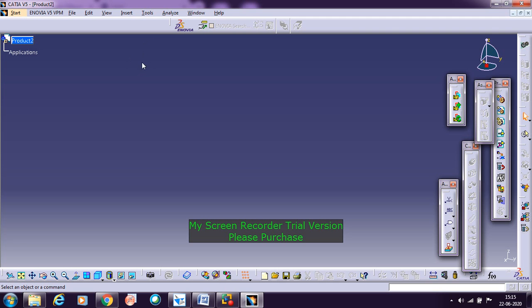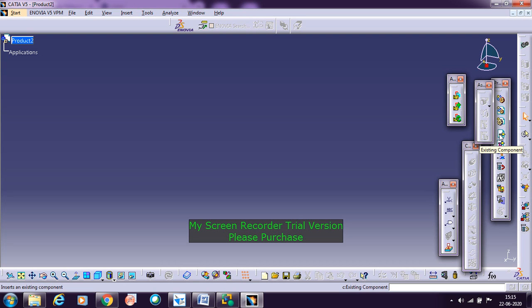After going through this, you need to call the parts for assembly. So how to call it? So here it is. For that there are two options for calling the parts. One option is called existing component, and one more is called the existing component with positioning. There is a slight difference between the two commands. Using this existing component, you can call the part in, and then that part will be seated anywhere on the screen irrespective of the location, with respect to its own location. It will occupy the space on the screen.